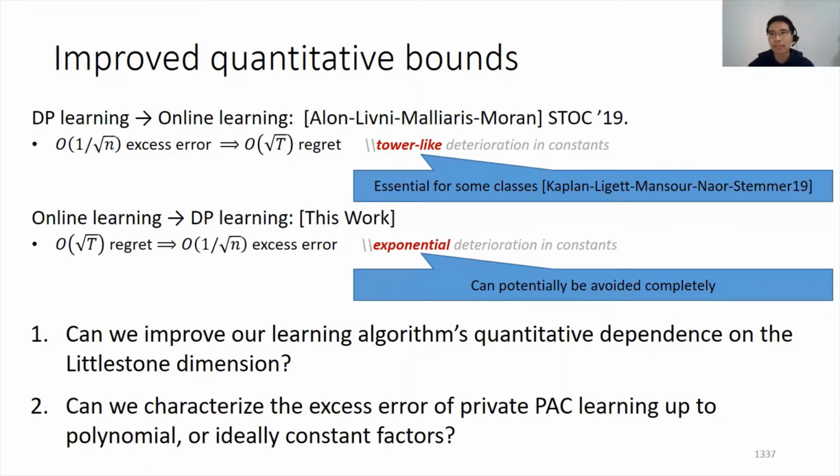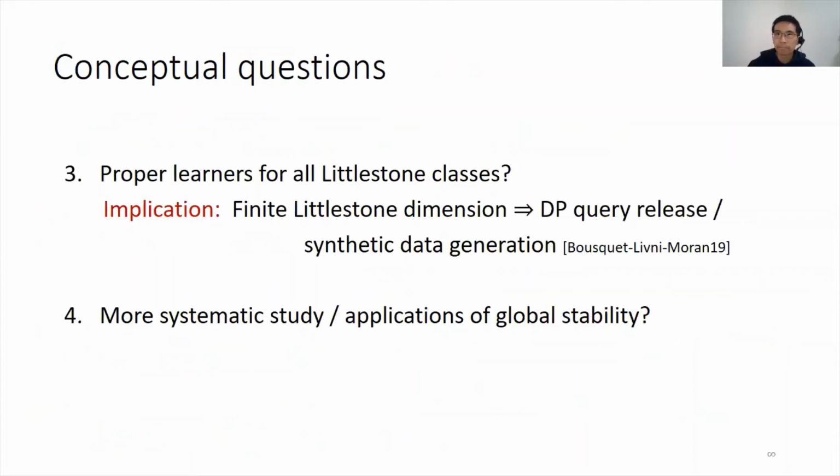Thus, it's natural to ask whether our algorithm's dependence on the Littlestone dimension can be improved from exponential to linear. More ambitiously, it would be ideal to find another combinatorial parameter that characterizes the excess error of private PAC learners up to a constant factor, even at finite sample sizes. Our current transformation from online learning to private learning is improper. The hypothesis produced by our learner is not necessarily itself a function in the class H. Does online learnability imply private PAC learnability, even for proper learners?